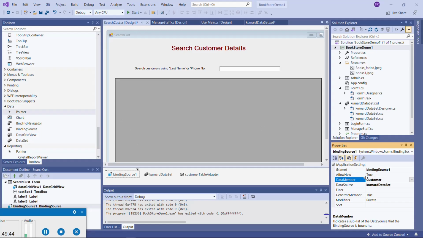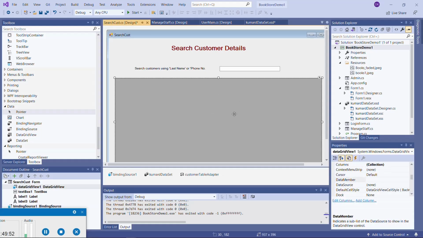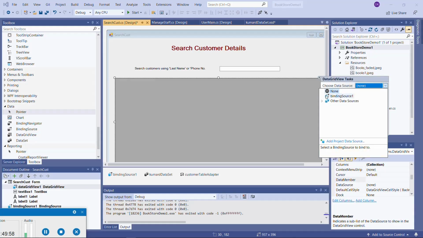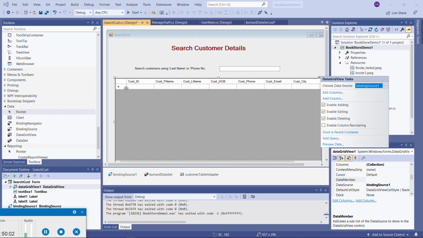So we got customer here, binding source customer, and then of course this is what we are looking here to get. Now what we are doing here is we are trying to bind this to this data source. So we have the binding source right over here, and you can see when we have the customer table in the binding source, the customer data and the fields are being displayed here. When we run this,